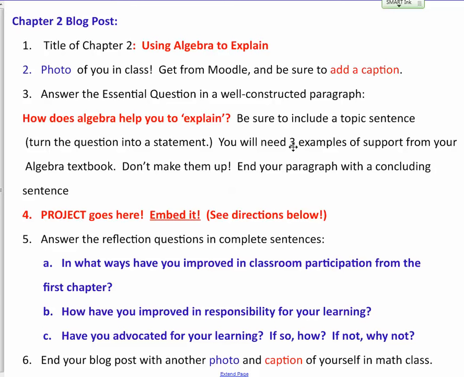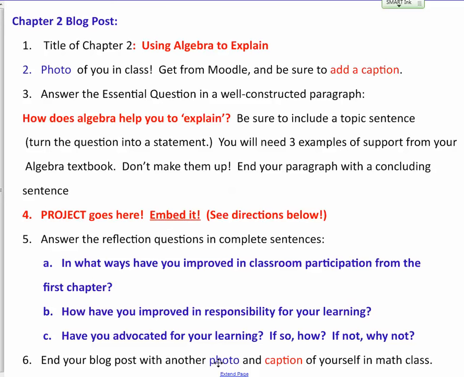For example, how algebra helps you explain number problems, how algebra helps you explain the toothpick patterns, how algebra helps you explain number tricks, how algebra helps you explain magic squares. So we talked about a lot of these different ways algebra helps you explain, and you need 3 examples of support from your book, and then a concluding sentence at the end of your paragraph, which is a lot like your topic sentence. And then embed your project, and then answer these reflection questions in complete sentences, and then end